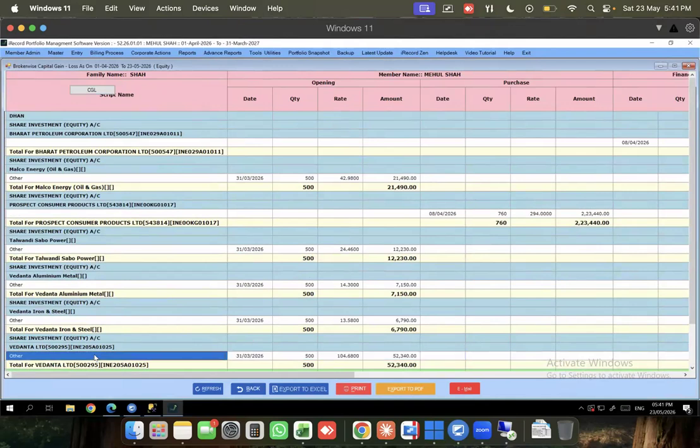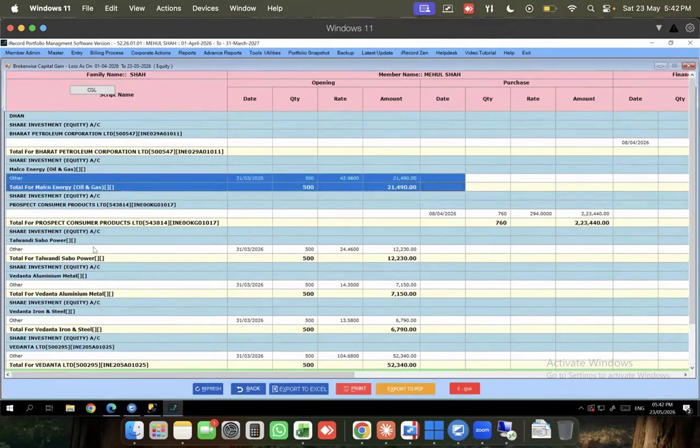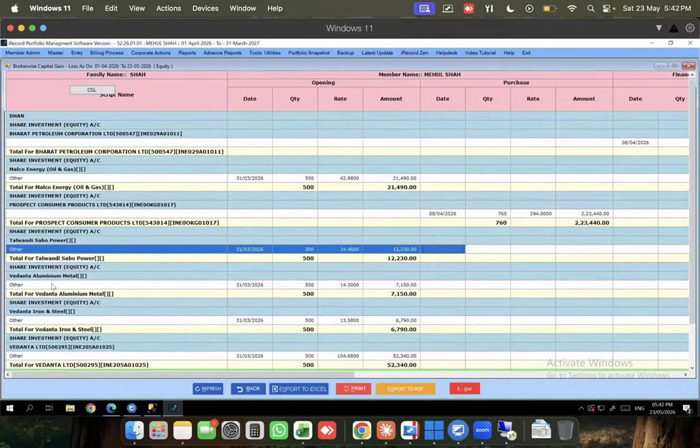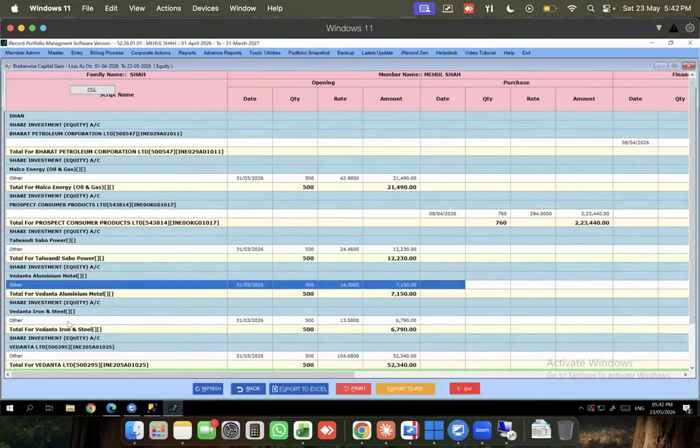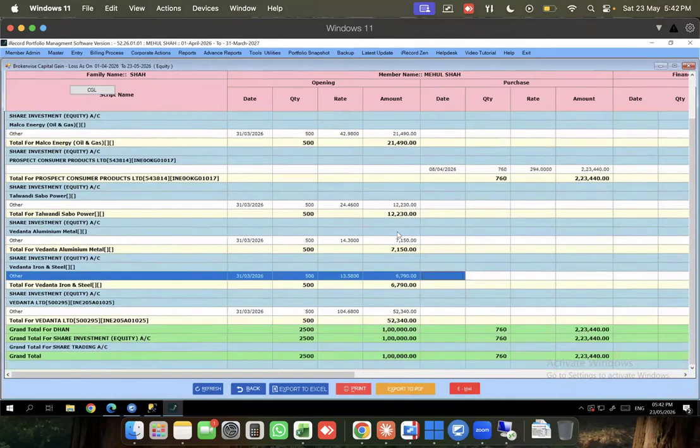The others have been notified in the corporate actions section, and my lakh rupee has now been bifurcated across the other five shares: Malco, Talwandi Sabo Power, Vedanta Aluminium, and Iron and Steel. Your cost of purchase remains the same, your quantity remains the same, your rate is variable, and the date of acquisition also remains the same. This is how we can